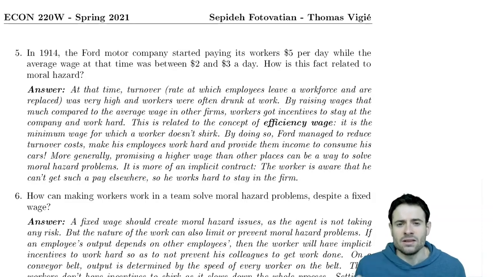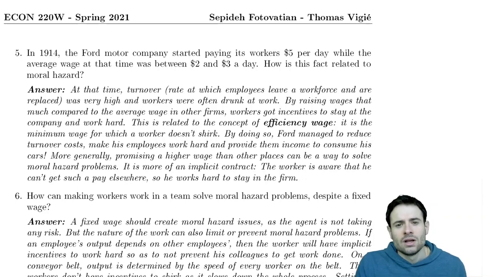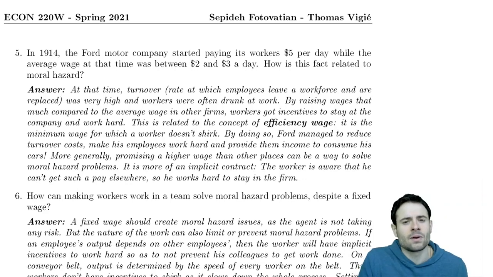This is especially the case when there is a minimum wage law. If people know they can make minimum wage anywhere, then if you want to make them work hard, propose them a slightly higher wage than what they could make somewhere else. If you pay them minimum wage, they will do the minimum amount of work. Effort, remember, is costly. Why would they work extra hard if they make the same amount of money no matter what, which is a legal minimum amount?